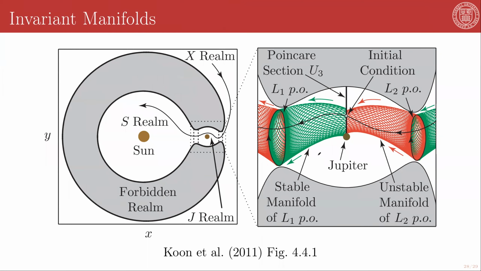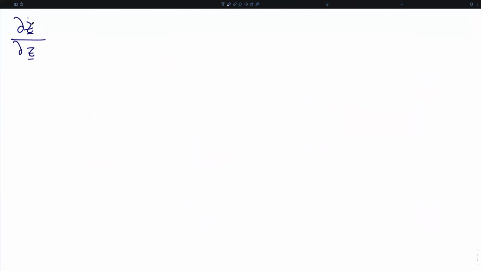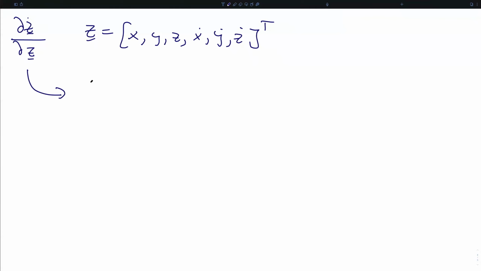And we can find these manifolds explicitly by investigating the eigendecomposition of the Jacobian, the partial of z dot with respect to z, where the vector z is defined as the state of our three-body system. Z is the collection of coordinates x, y, z, and their first derivatives, where these are the rotating frame Cartesian coordinates of our test particle with respect to the barycenter of the two primaries. So if we evaluate the Jacobian, what we get is a matrix of the form